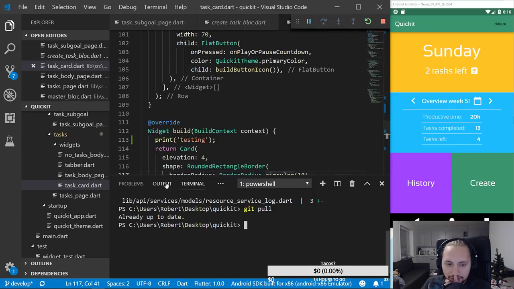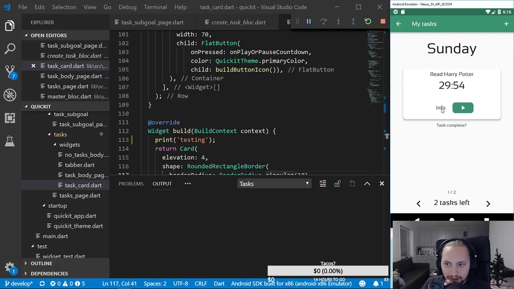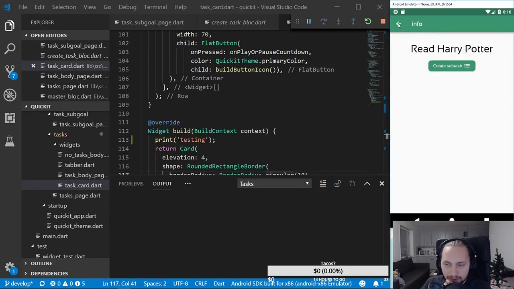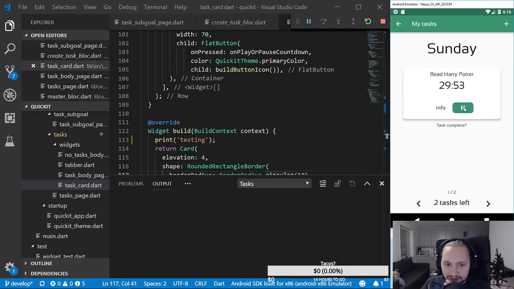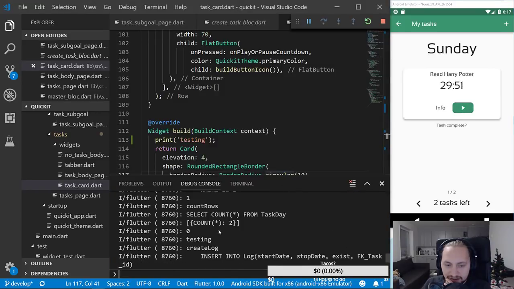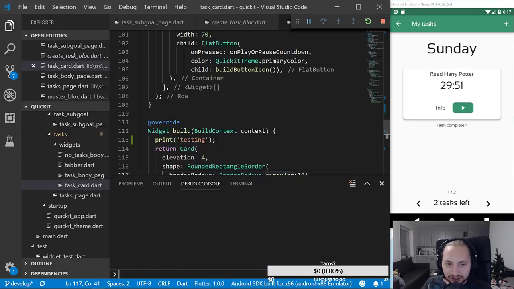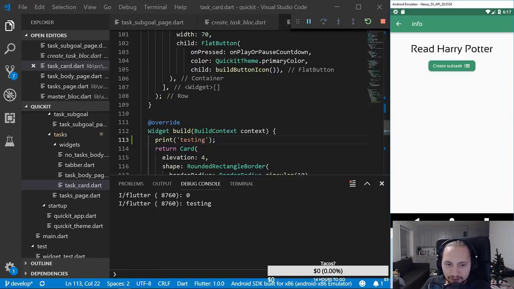If we go to output, we go to a task. If I would press, not output, the debug console, there we go. So there we can see that the testing started when I press play and pause, as that triggers the build method. If I would go to info, it calls the build method again,